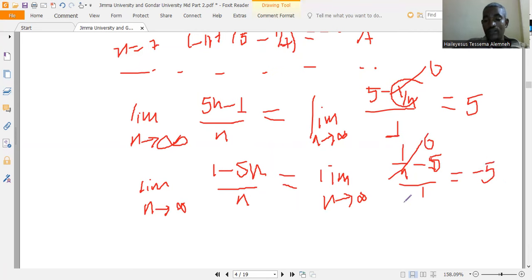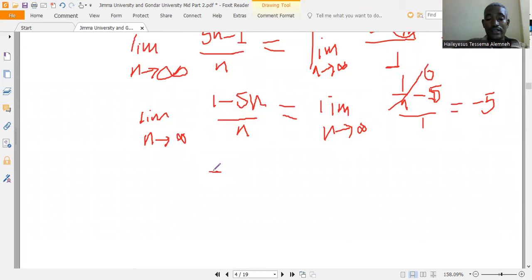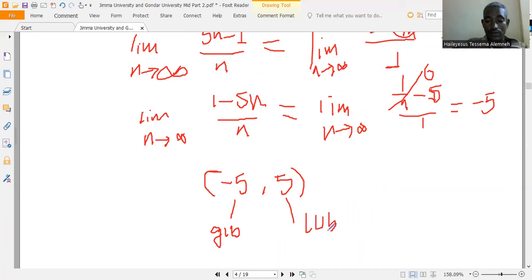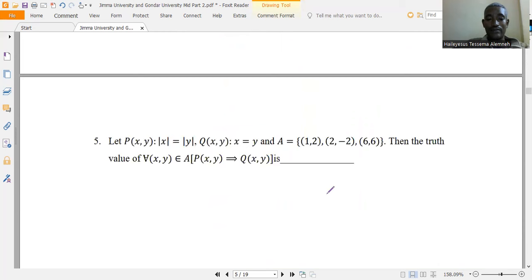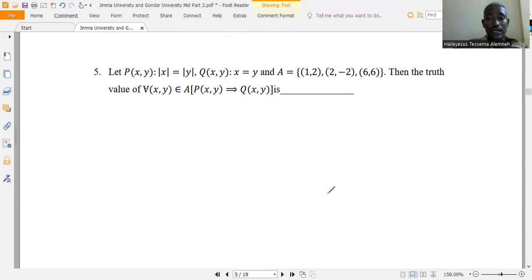-5 እናገኛለን ማለት ነው። ስለዚህ ይሄ ሴት ያለው እዚህ ውስጥ ነው ማለት ነው። እዚህ ውስጥ ነው ያለው ማለት ነው። በ-5 እና በ5 ነው ማለት ነው ያለው። So the greatest lower bound which is this one is the greatest lower bound and this one is the least upper bound ማለት ነው። the least upper bound ደግሞ 5 ነው ማለት ነው። so ይሄ ነው ጥያቄው። እንደዚህ መስራት እንችላለን ማለት ነው።